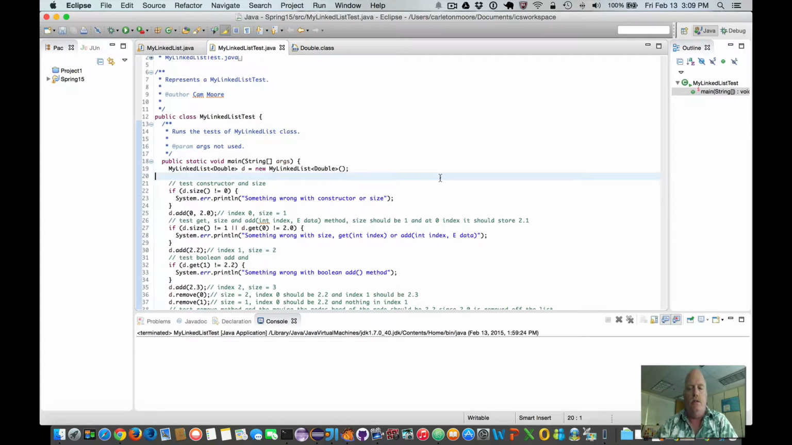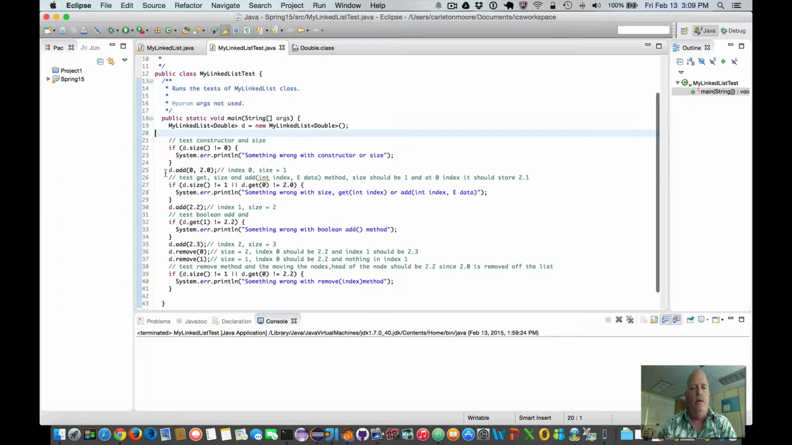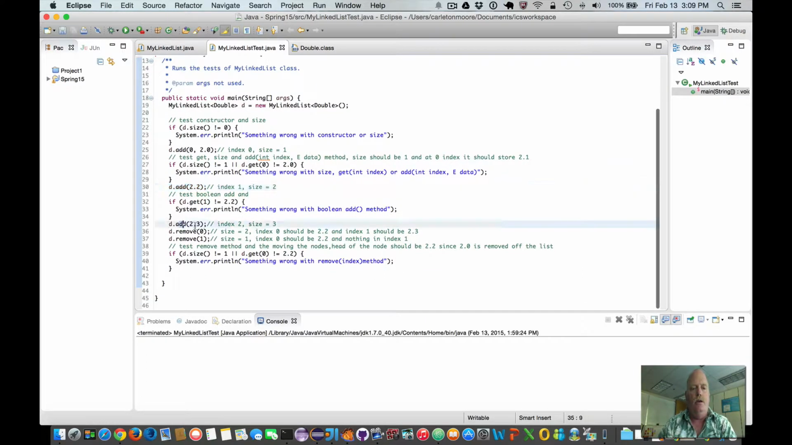I want to give you a quick screencast on how to use the Eclipse debugger to help you find your problem in your Java code. So I have my test class here that tests my doubly linked list. I create it, test the constructor. I then add an item at the beginning. I then add a second item at the end, and then I add a third item,